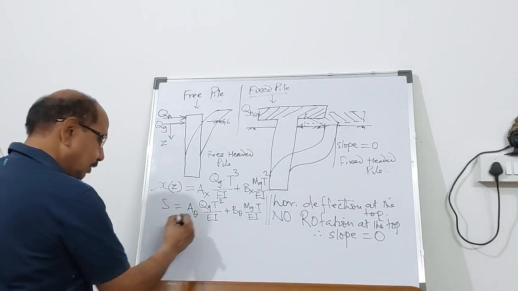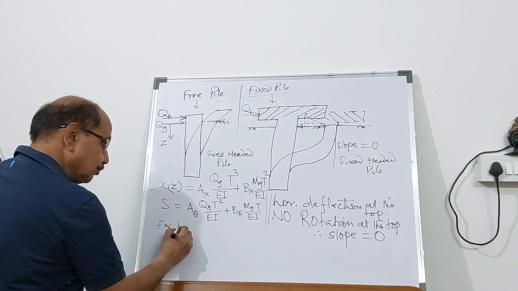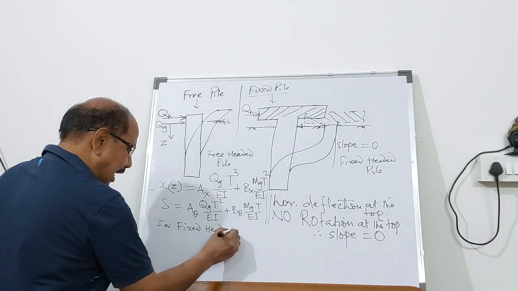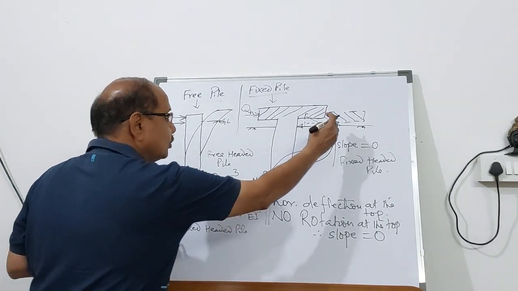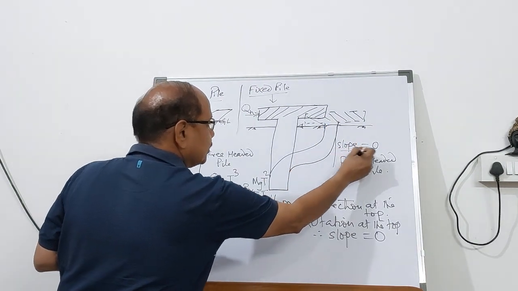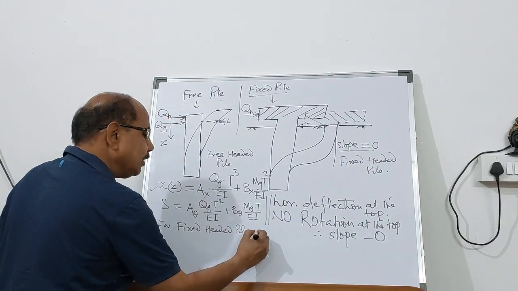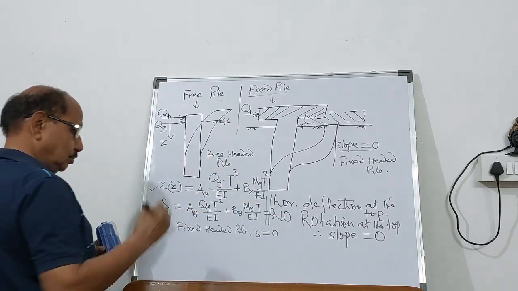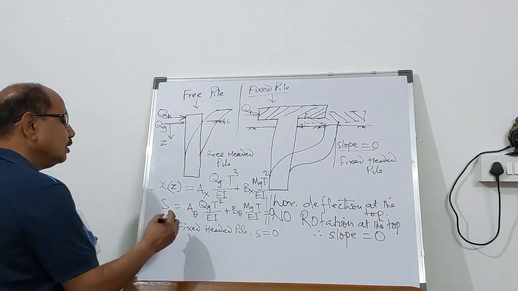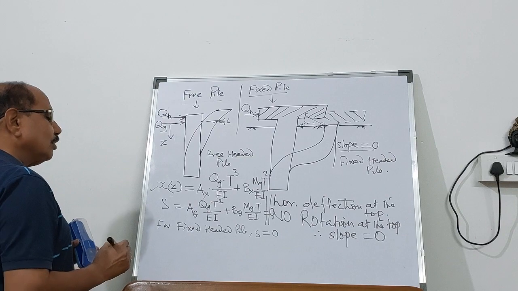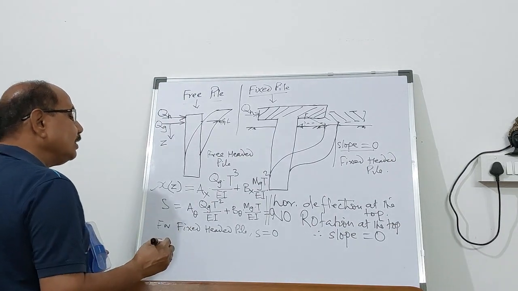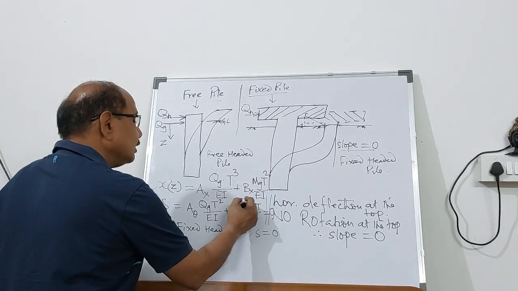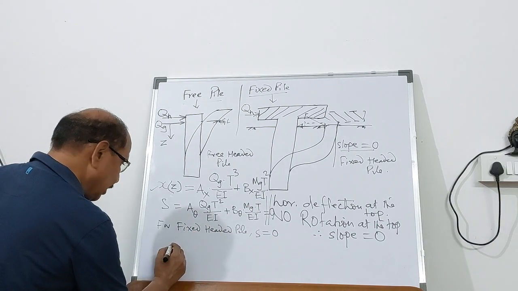Now if it is a fixed-headed pile, that means no rotation at the top, slope is 0. So if you equate this to 0, then if you simplify it, you can find out that this moment can be written as